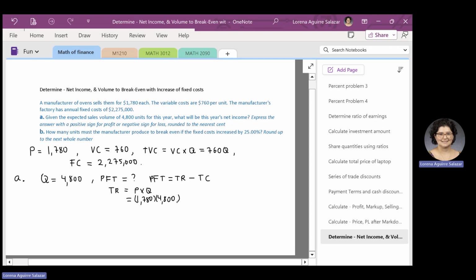And when we perform that multiplication, we find the number 8,544,000. So that's the total revenue earned